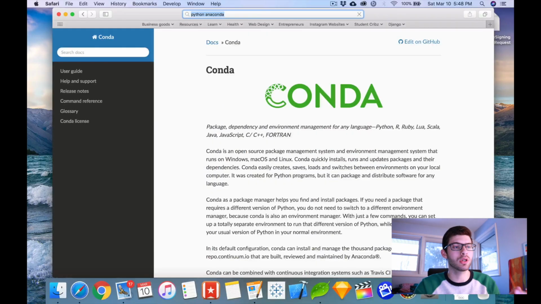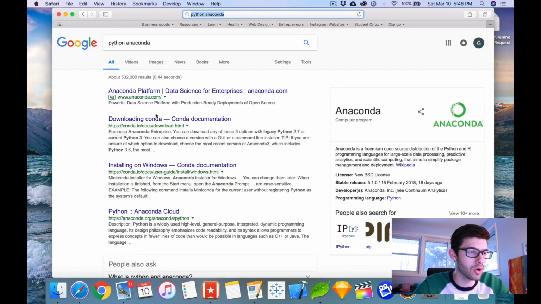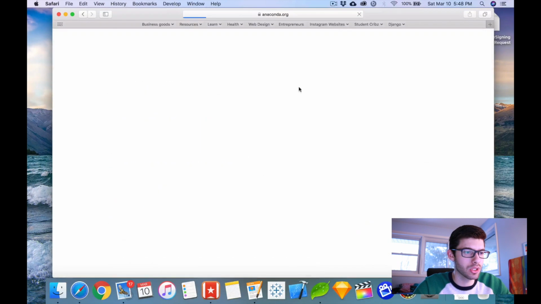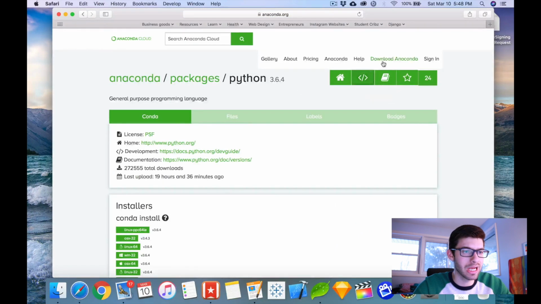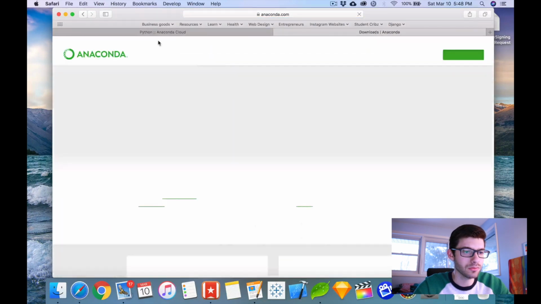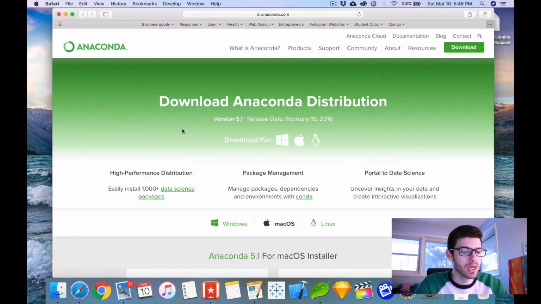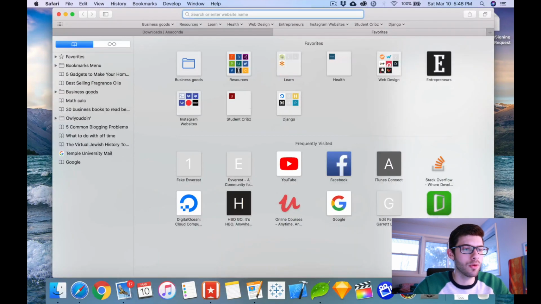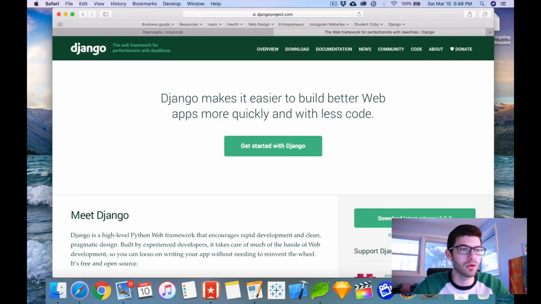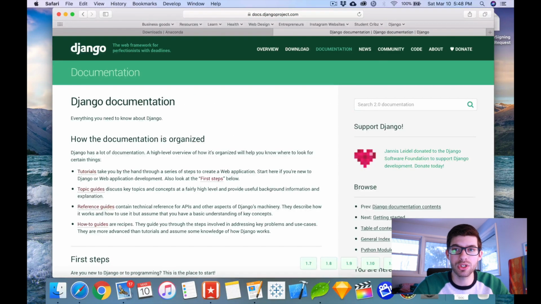So you're going to want to go and look up Python Anaconda and then go to anaconda.org. Let's go to download Anaconda and let's leave that right where it is. The next thing you're going to want to go to is djangoproject.com and then go to documentation, and make sure down here where you see the documentation version,